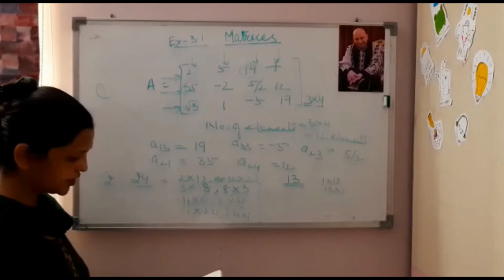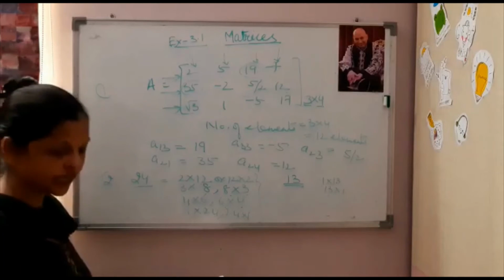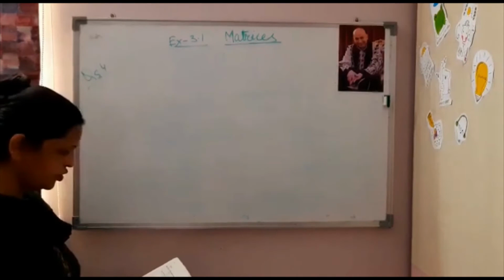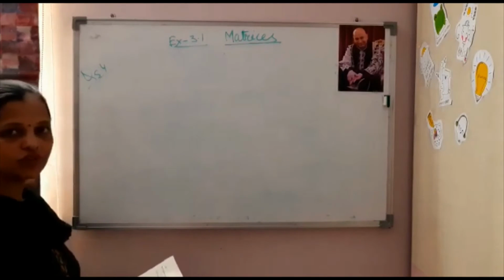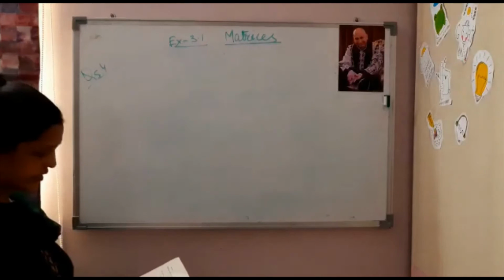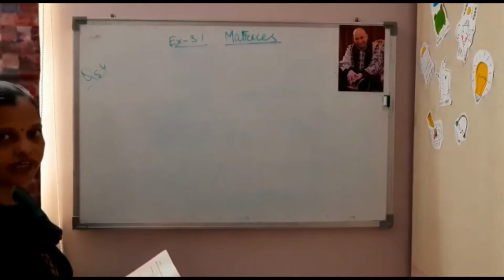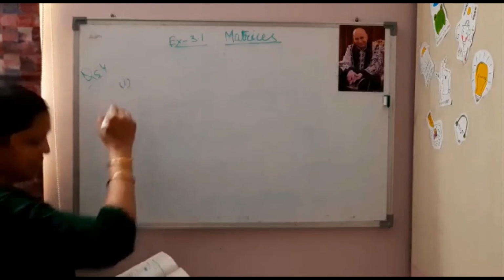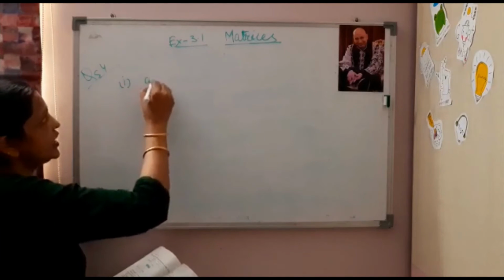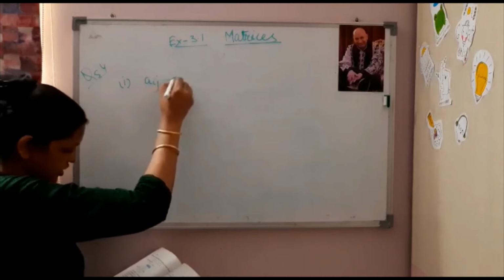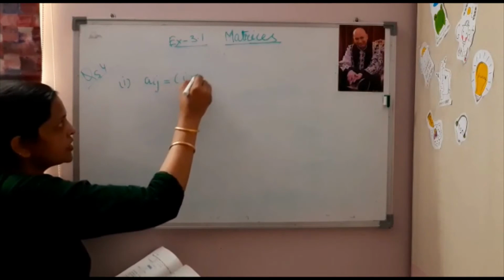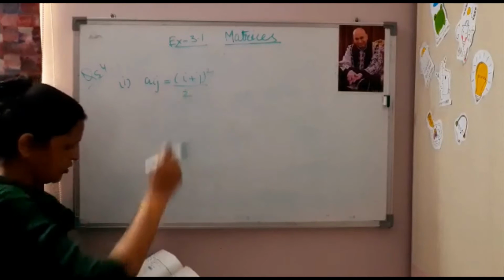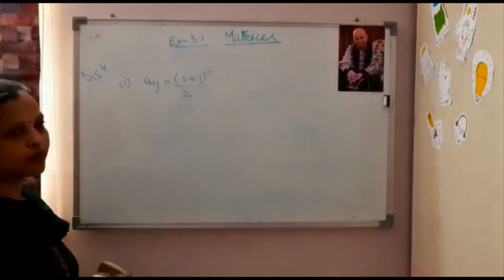Now next, third question is same. I think you can try it yourself. Fourth question. In this question, we have to design a matrix and the variable is given in the form of an identity. First part, I am explaining one of the part. That is Aij is equal to (i plus j) whole square divided by 2. We have to construct a 2/2 matrix, right?